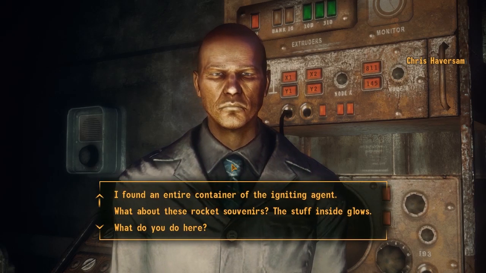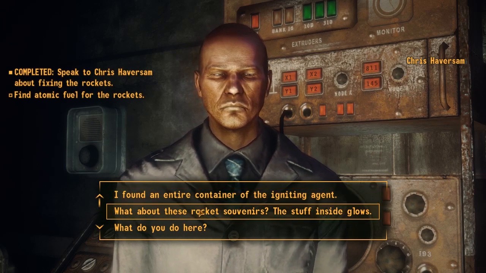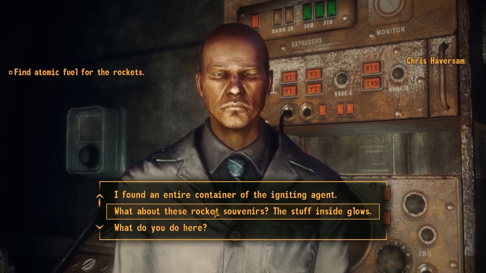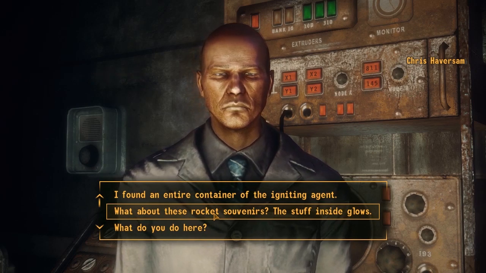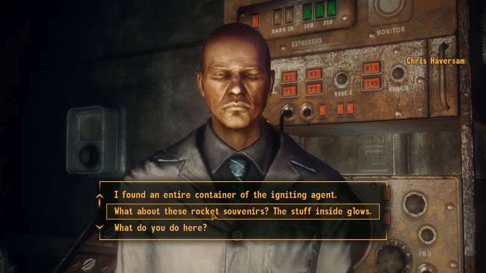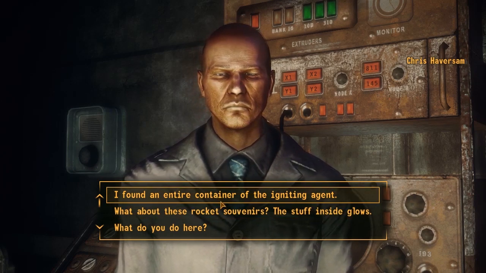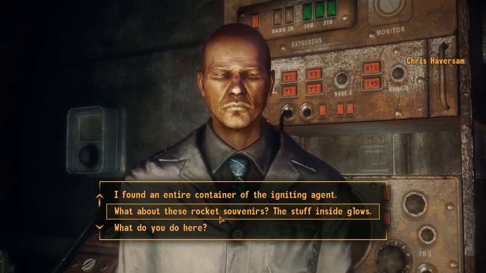Okay. So there's a couple things that you can use here, and I actually didn't need to get one of these, but there's that radical thing that I got at Clark Field. You could use that from like the guy that was in the radiation suit, or you can use the souvenir rockets. And I don't think it really matters which you use, but let's just go ahead and use